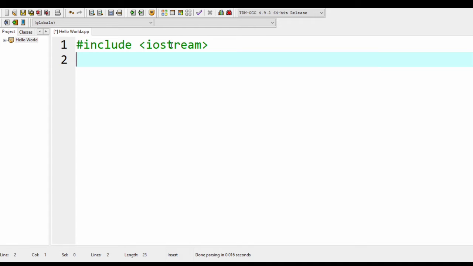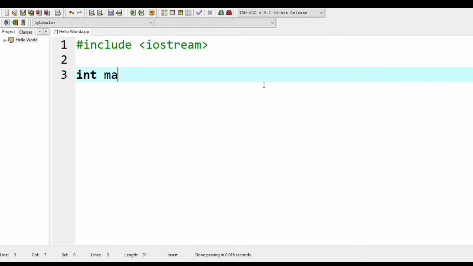As we progress throughout this series, we're going to use more header files like math.h, which includes math functions, or graphics.h, which includes graphical functions.